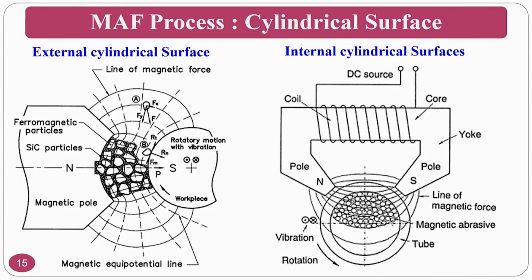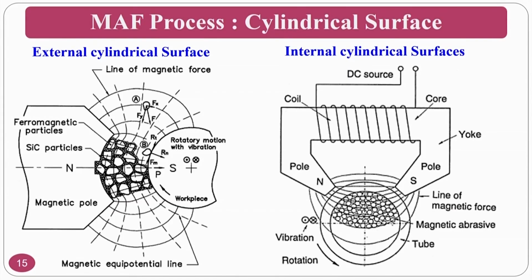So, you can see the internal cylinder mechanism of material removal, as well as what you have seen in the previous one, the external cylinder. If you are seeing the external cylinder, SiC particles are there, and at the same time magnetic particles like CIP particles are forming chains, so that there will be a force generation that is required, Fx and Fy, in the radial direction because of the magnetic field strength. At the same time, because of the rotational effect, there will be a tangential force. Because of this, what will happen? The material will be removed on a